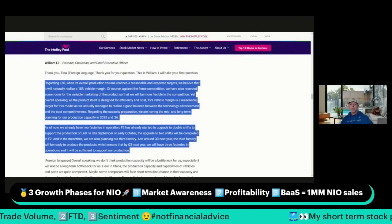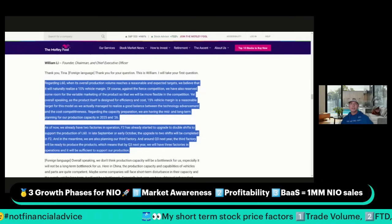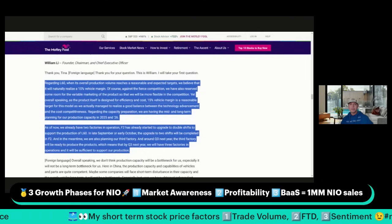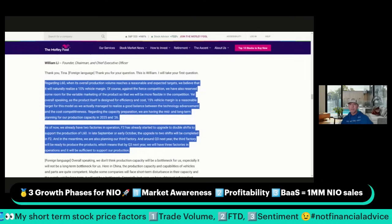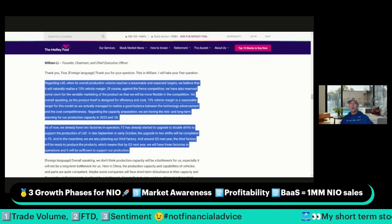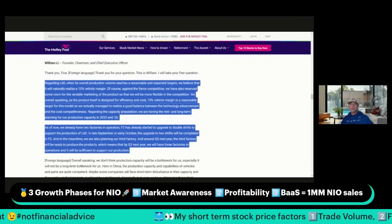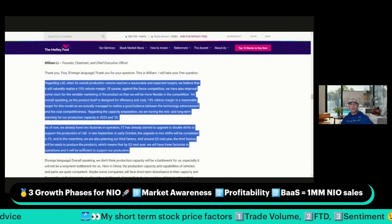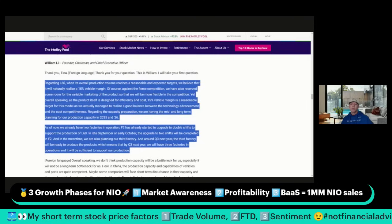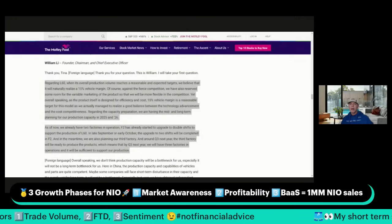Now, I didn't highlight the numbers that he gave, but he was asked about this. He essentially said the ramp initially for L60 and Onvo is going to be slow. Later, and that is this year of 2024, but in the year of 2025, he's hoping they can ramp it to where it's delivering 20,000 a month. So let's just see. That's something for us to watch moving forward. But I do think